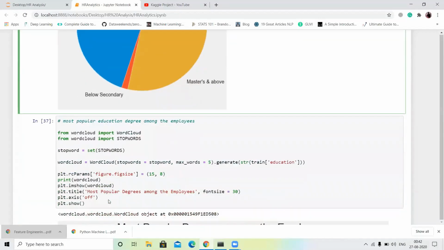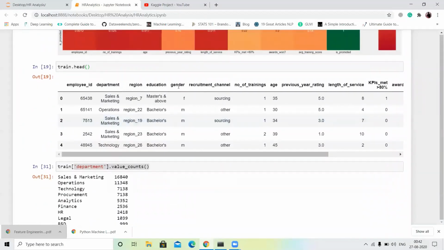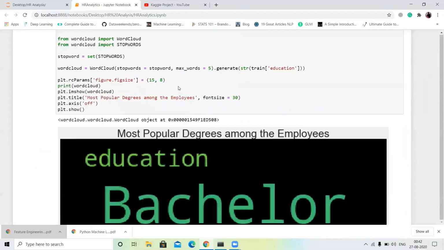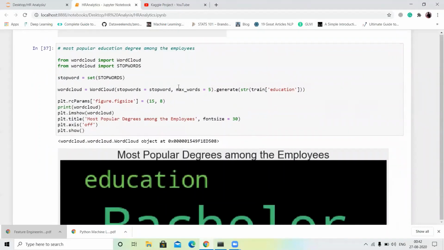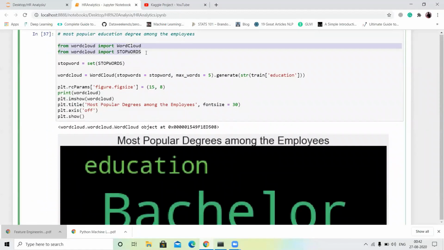Okay, next column is our gender column, guys. So same thing, I just plot using a word cloud, guys. Okay, so same thing, first of all I import the word cloud and stop words, and then I just call the word cloud with stop words equal to stop words, max words equal to 5, only 5 words. Okay, and then generate the string equal to education.